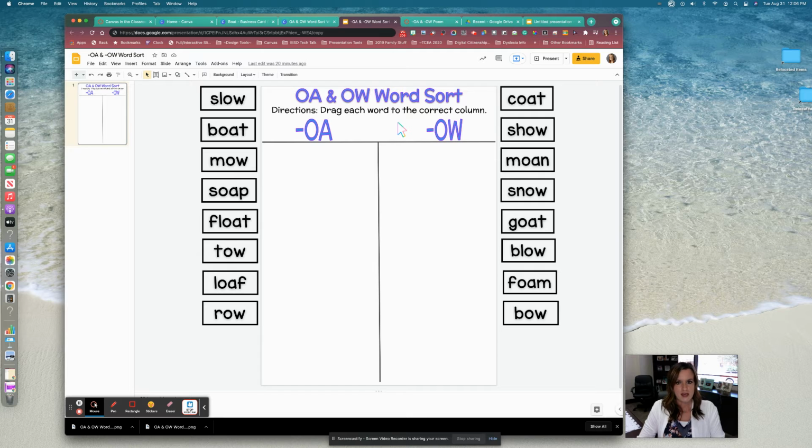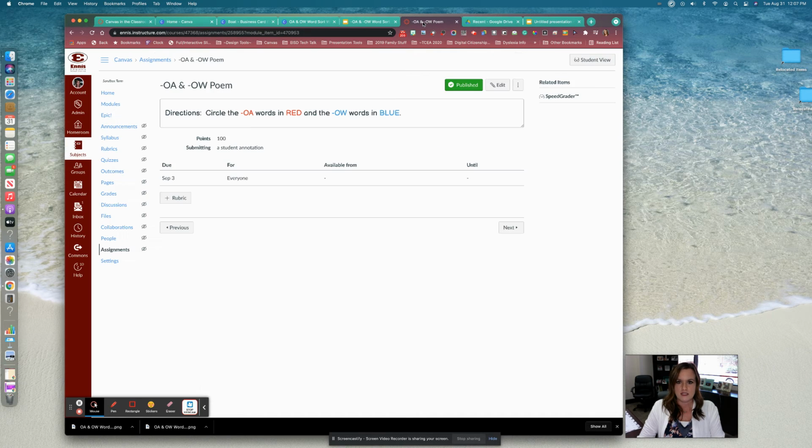Let me show you how easy it is to make this a Google assignment in Canvas. I know that we're accustomed to sharing a link for a Google Doc or a Google Slide with students, and then they share it back with us, but we actually don't have to do it that way. Canvas makes it much easier to create Google assignments. If I go into my Canvas course,